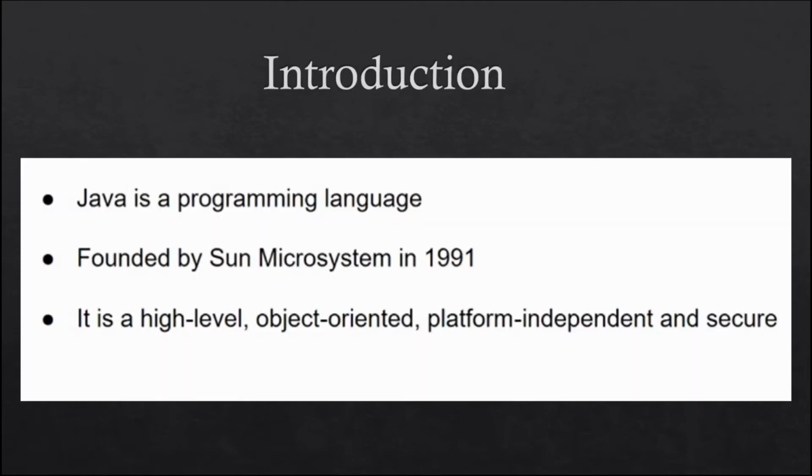So Java, as you all know, is a programming language. And why do we need a programming language? We need it so as to communicate with computers, with machines, because machines don't understand the language that we speak. They only understand the language of zeros and ones. So yes, humans designed programming languages as a means to communicate with machines. And Java is one of them.